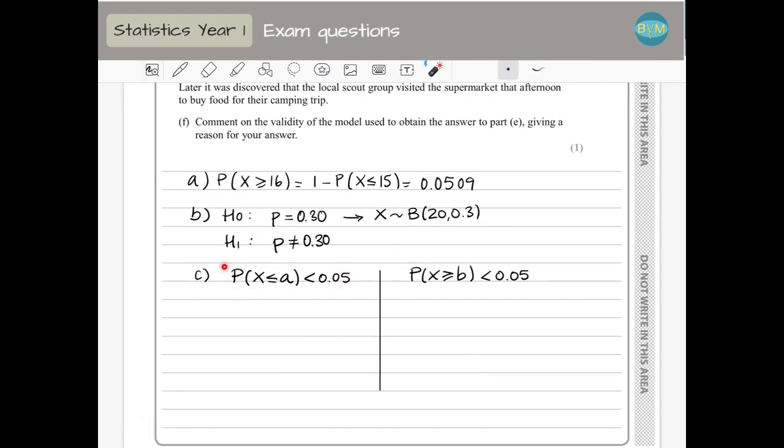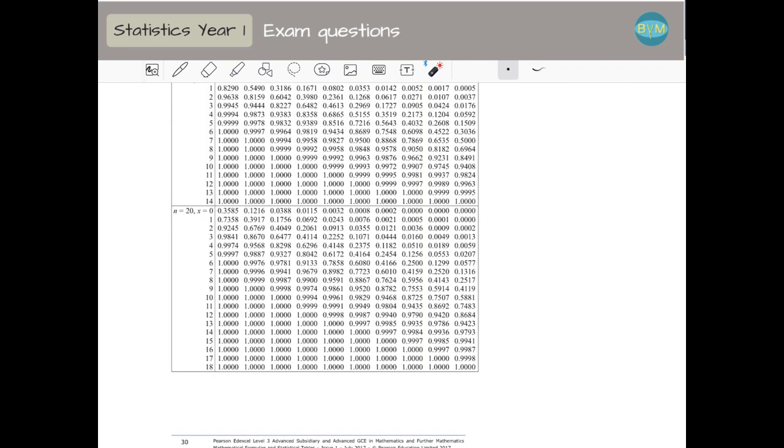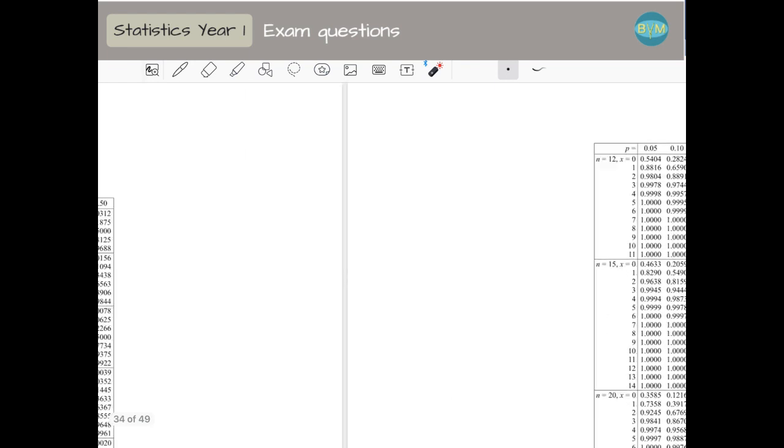I can use the tables or the calculator. Remember, you have the tables in your exam in the formula booklet at the back. So I'm going to use that because this binomial is in the tables. Some binomials, for example if n is greater than 50, you won't find them, but in this case, we will. So n = 20, p = 0.3. So if you go to the binomial